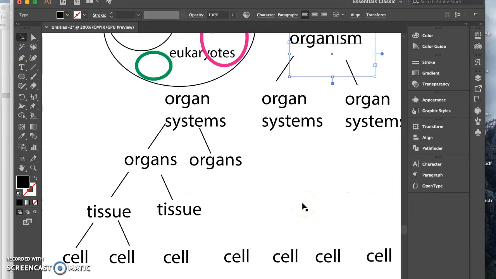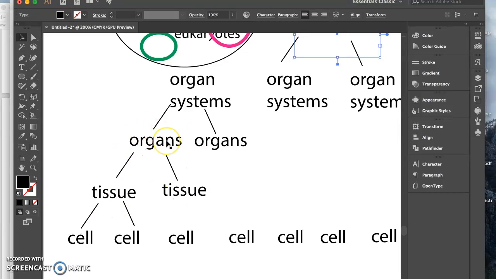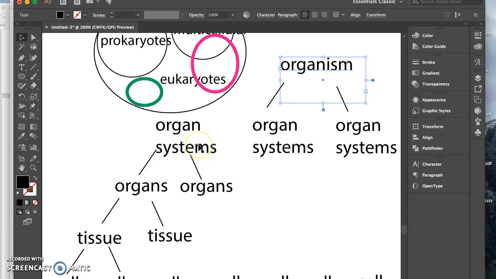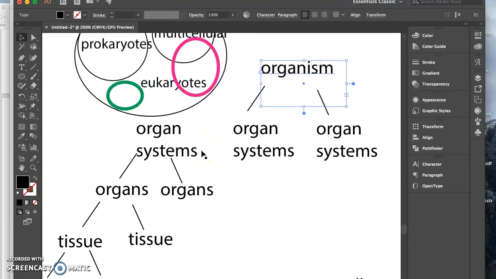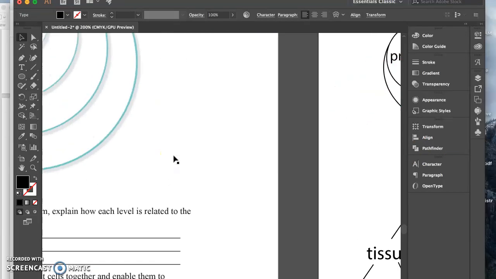So let's review that one more time. Our body is made of lots of cells. Cells that are the same, that do one job, are called a tissue, like skin cells, muscle cells, nervous tissue, fat cells. Those tissues come together to form organs, like your heart, lungs, stomach, skin, brain. Organ systems would be like your nervous system, circulatory system, reproductive system, endocrine system, and then all those systems together form the organism. Okay, hierarchy.